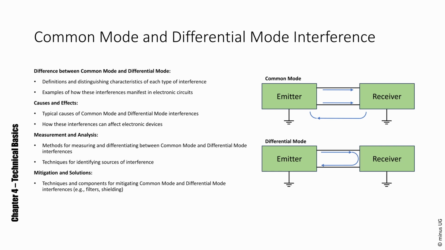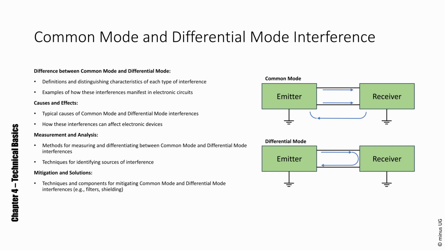Causes and effects. Causes of common mode interference can include external sources like power lines, electrical equipment, or even lightning strikes that induce currents in the lines. Causes of differential mode interference often originate from within the electronic device itself, such as clock signals, switching power supplies,